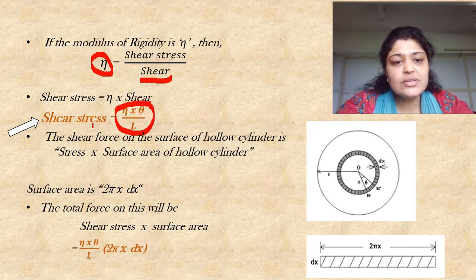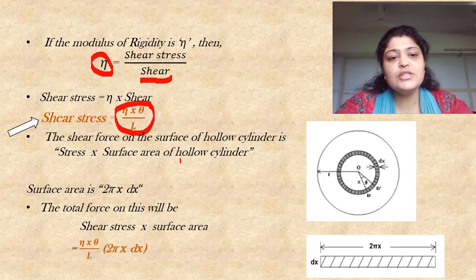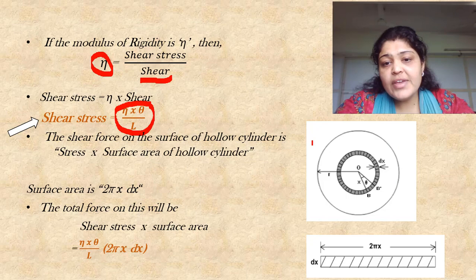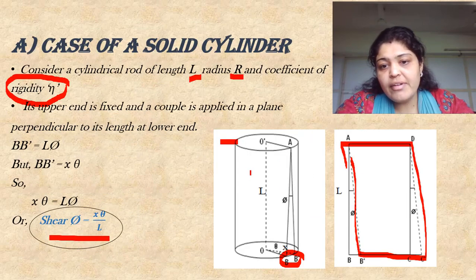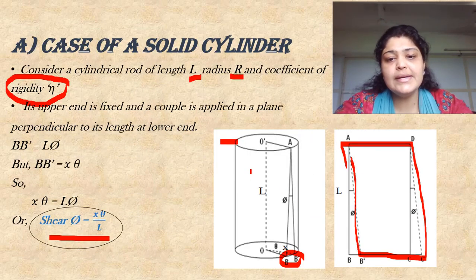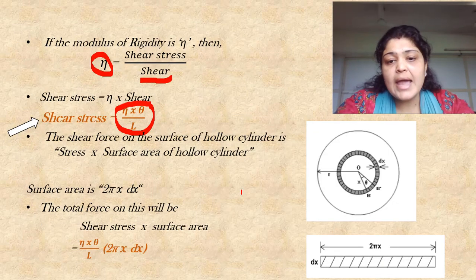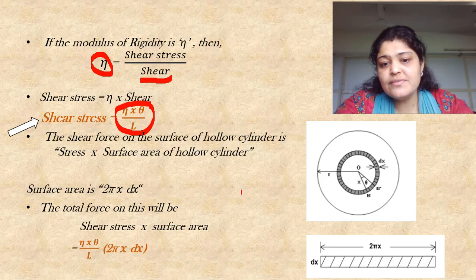If you know shear stress, you can find out the force applied, because we know that stress is equal to force upon area. So the shear force on the surface of hollow cylinder will be this stress into surface area. But what surface will we be considering? We have just taken a hollow cylinder wherein we assume that this hollow cylinder is made up of many concentric cylinders, and out of these concentric cylinders we have just